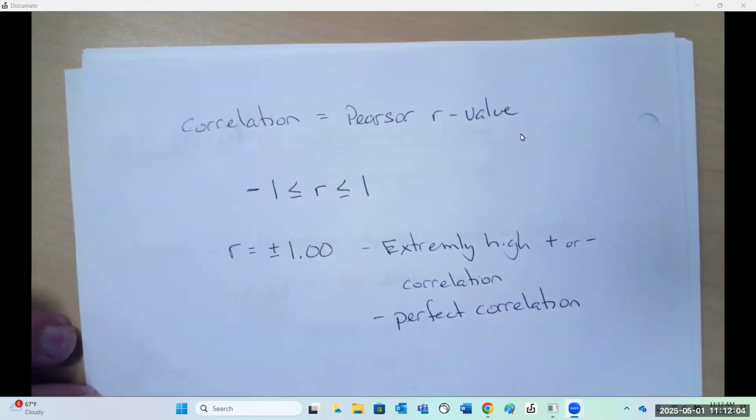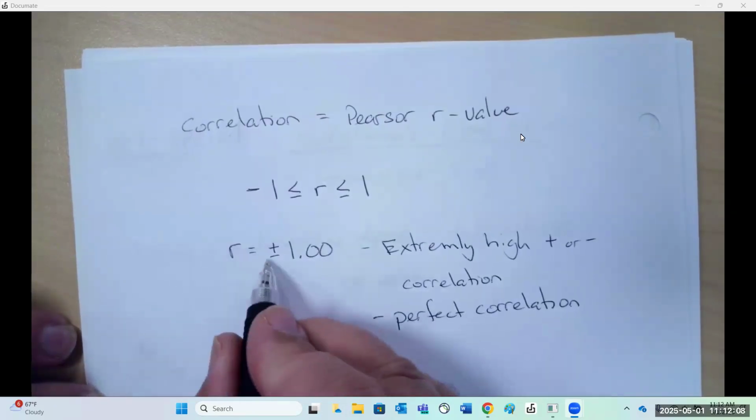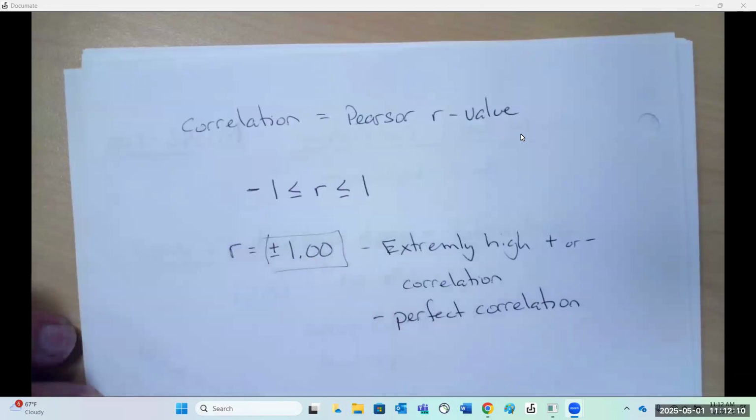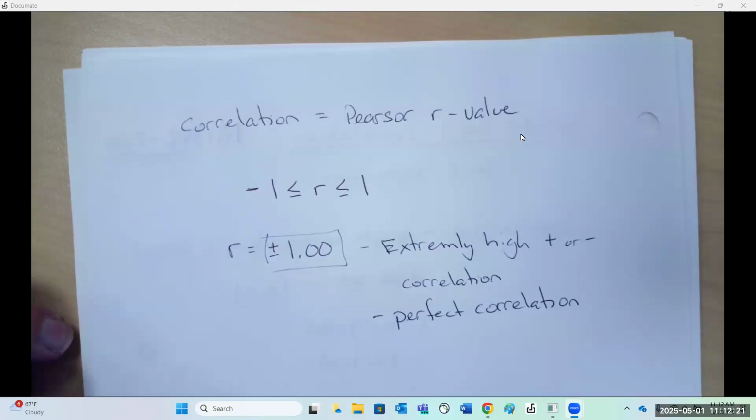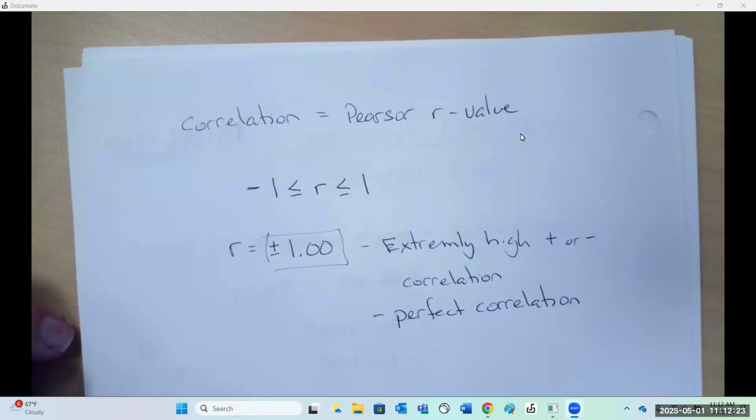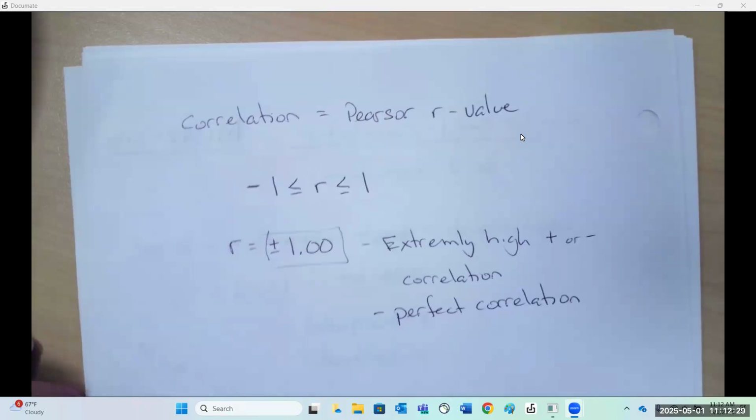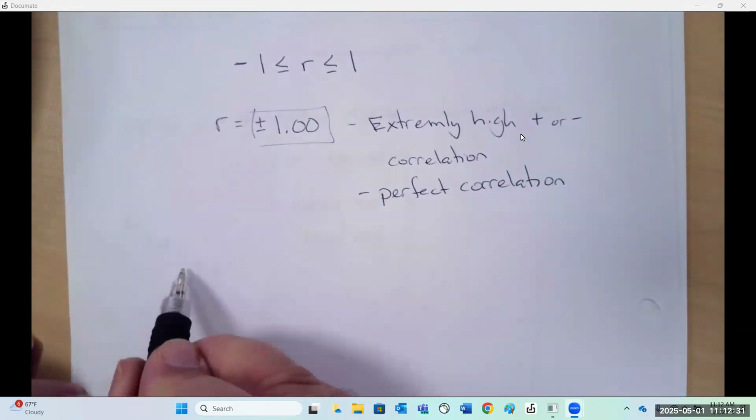What that means, if it's extremely high, you're very, very close. If you get to exactly 1.00, you can predict what's going to happen, because the X and Y variables have such a high relationship between them that you can predict what's going to happen at any given X value. So if we look at this,